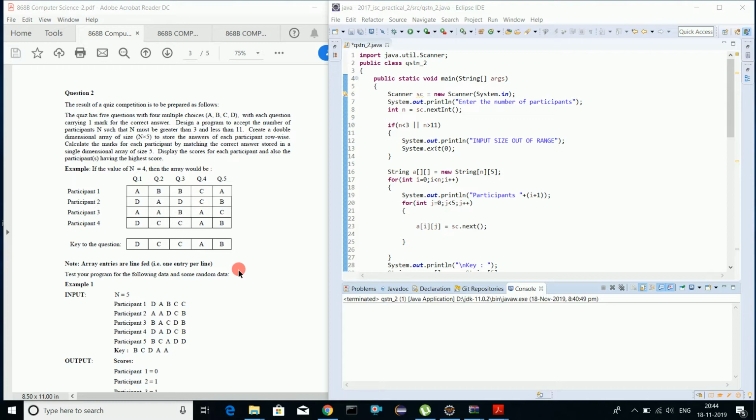The question basically was: there are n number of participants, and there are 5 questions, and each participant will be giving an answer to those 5 questions. Those 5 questions are MCQ questions. We just have the options here. We do not have the question here, and it will be compared to the real answers of those questions. And we need to find out the score of each and every participant, and also find out the highest